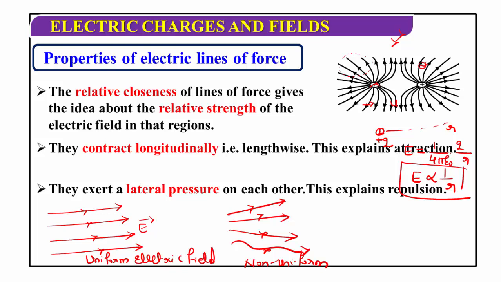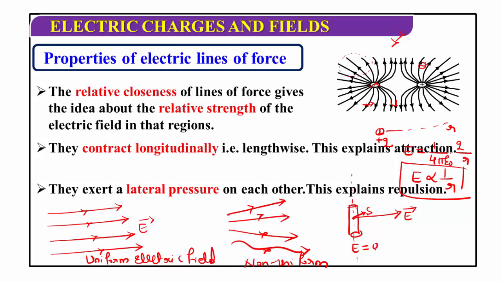This is very, very important. The electric field lines are always perpendicular to the surface of a charged conductor. Suppose I consider this is the charged conductor. The electric field inside the conductor is zero, but the electric field lines are always perpendicular to the surface of this charged conductor. Here S is the surface of this charged conductor. Remember this property, because this is a very, very important property for the next concept of the topic.